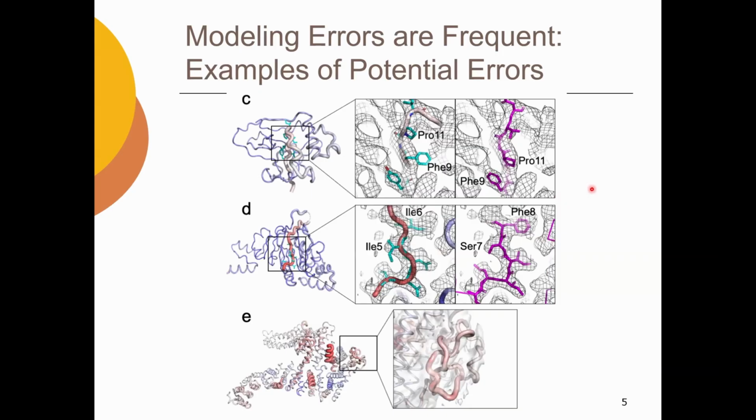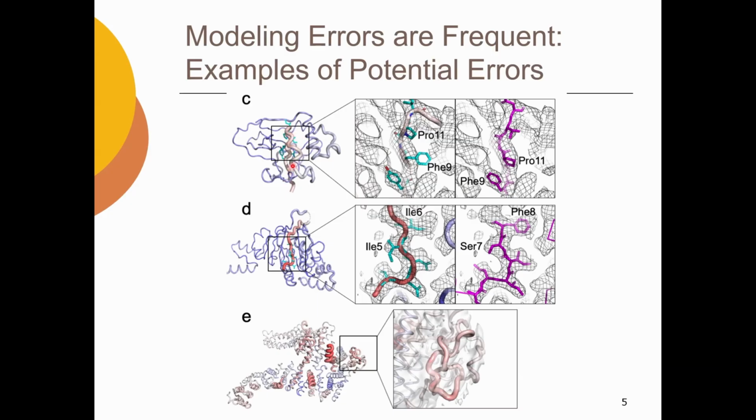Actually, we have been checking the PDB entries from cryo-EM for a couple of years now. Every month we check the structures in the PDB from cryo-EM. And we found that about 15% of the models have some errors. Typically, it's a shifting error. Here I'm showing some examples. In this first example, the middle region, which is, as I show you later, flagged in red by the DAQ score,